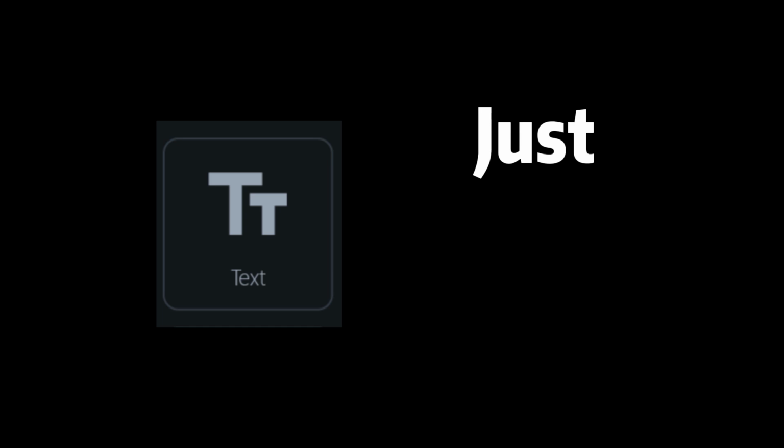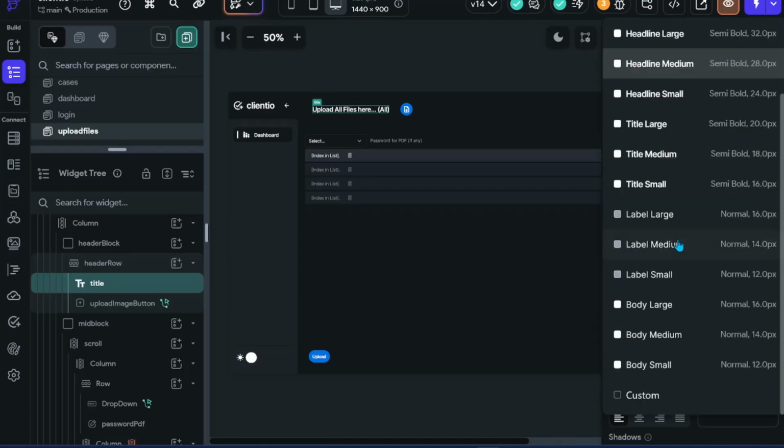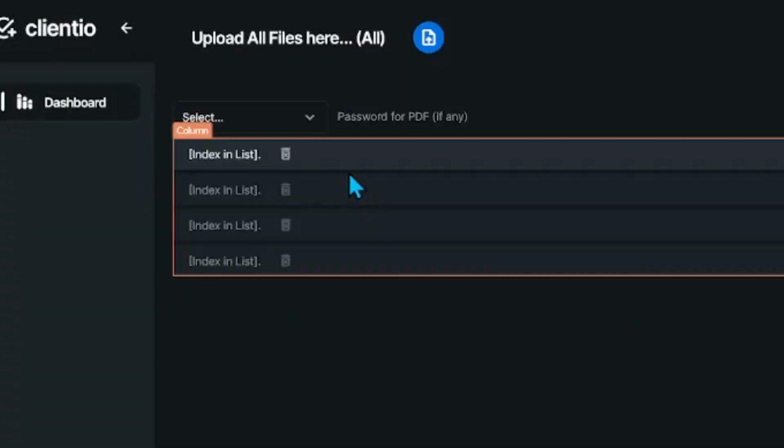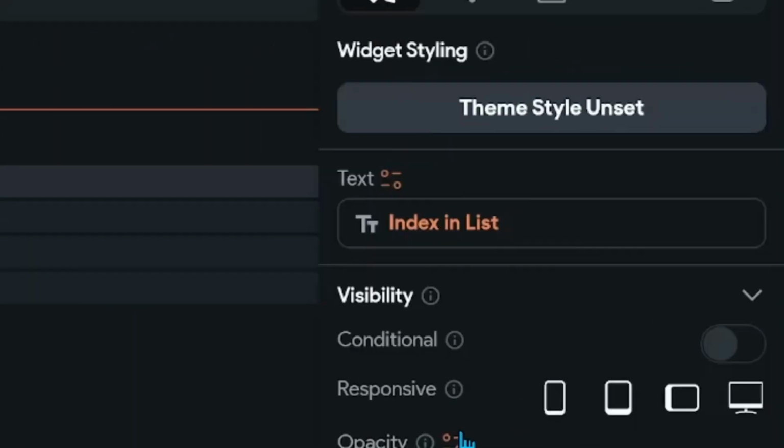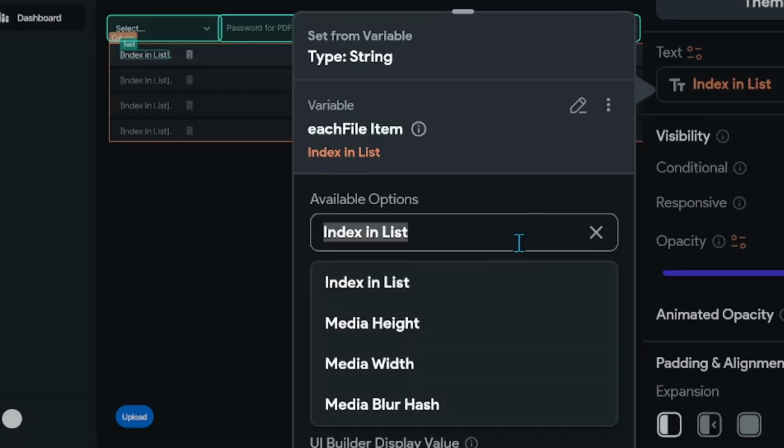So the last one is text. Text is just for showing text. But for styling, there are way too many options to choose from. But usually, text is dynamic. Dynamic means this value is according to something else. This does not belong in this video. So yeah, that's basically the 6